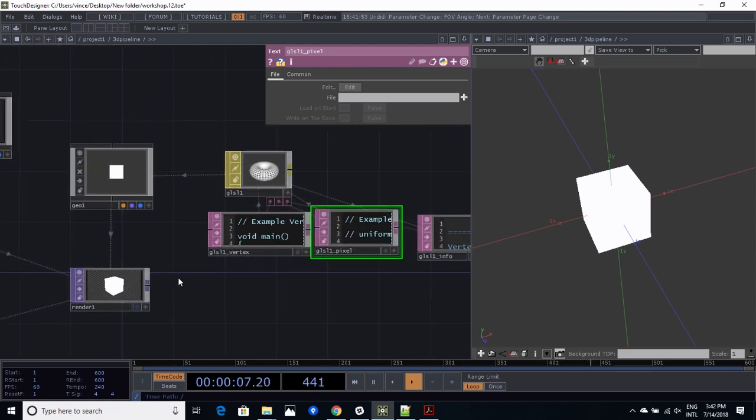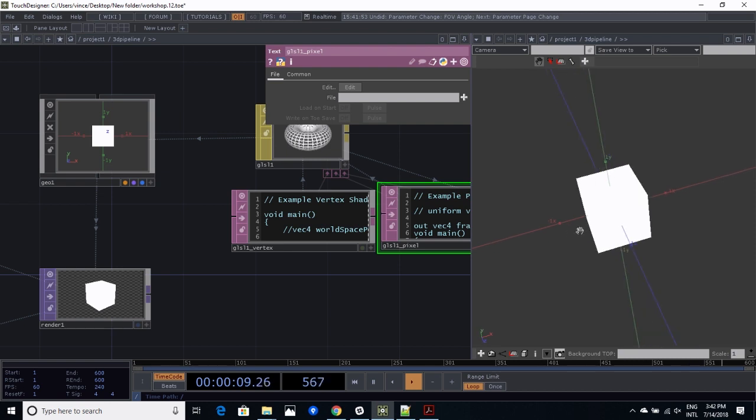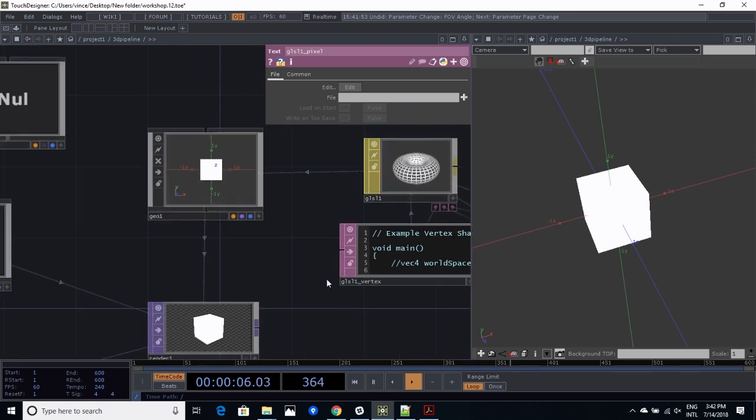And also, each vertex holds attributes, so you could say each vertex can have a color, and then this color is going to get interpolated over the different pixels. So what I can do is,